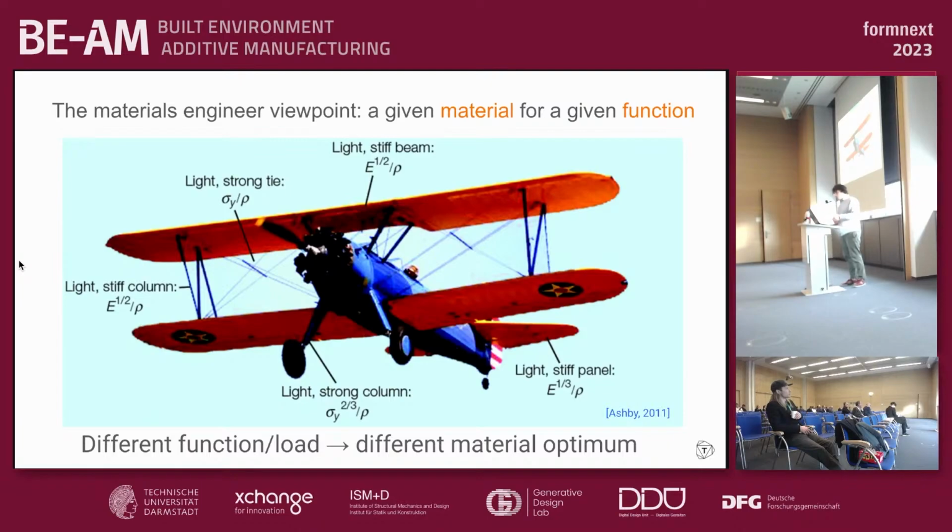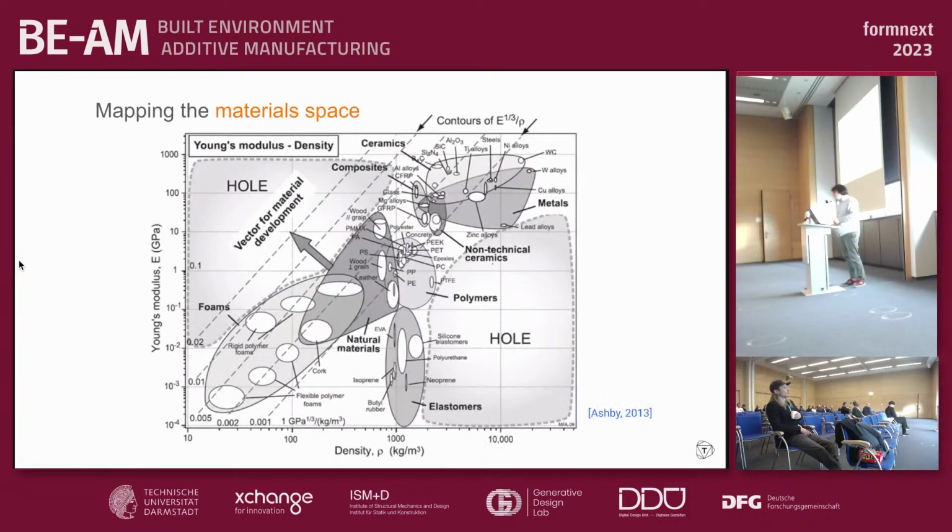But this gives us a good way to explore the space of materials, the space of materials that has been mapped using the Ashby methodology. Basically the idea is to represent material properties as charts like this one, a 2D chart in this case, with stiffness versus density. And if you do that, you can see that materials fill quite a wide range in this space. But there are some areas, some parts of this space that are empty